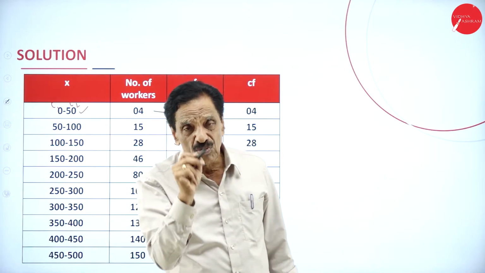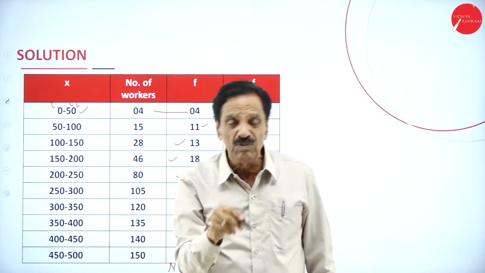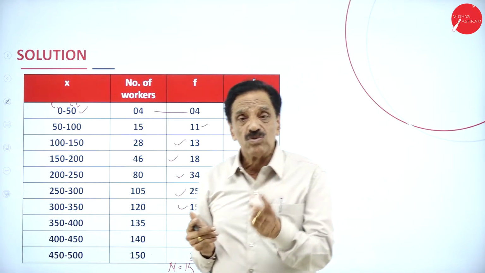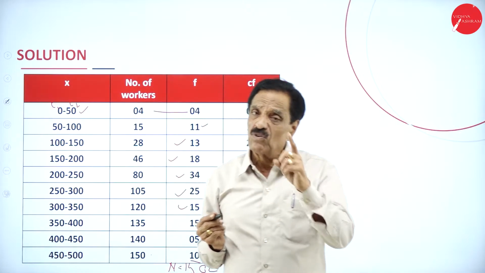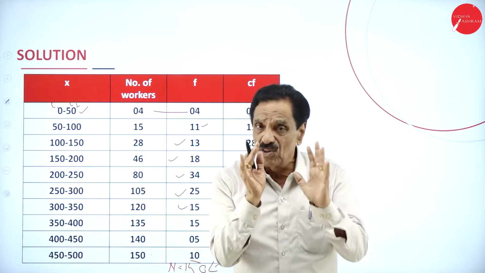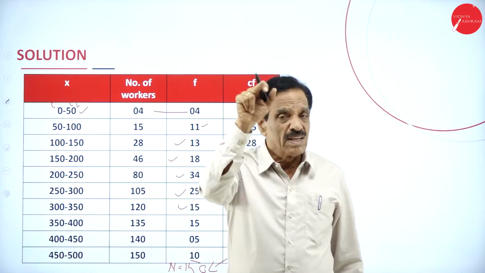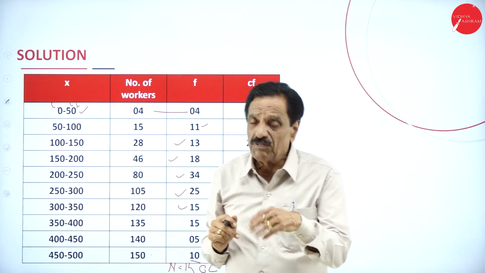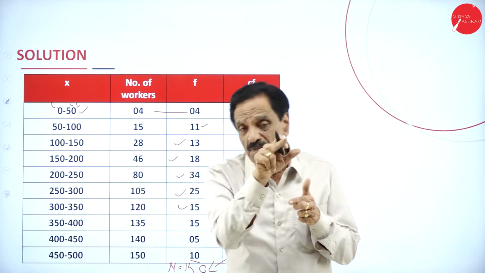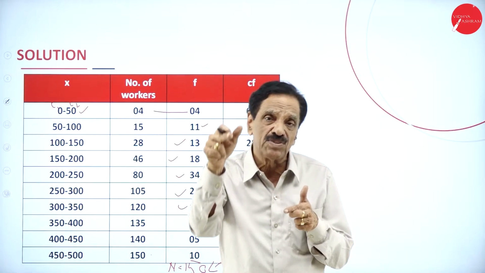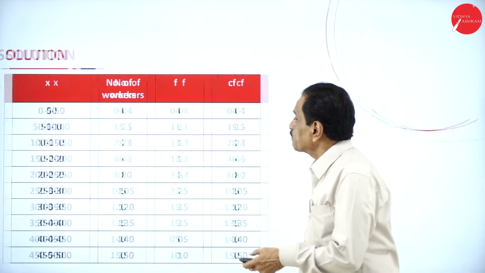Then go to Q2. Q2 is equal to n by 2, that is n, the number of frequencies, divided by 2. Then apply the formula: Q2 is equal to L1 plus n by 2 minus CF over f into C. You require Q3 also. Q3 is 3n by 4, 3 into the number of frequencies divided by 4. Apply the formula: Q3 is equal to L1 plus 3n by 4 minus CF over f into C. This is the formula. Now I am going to explain.